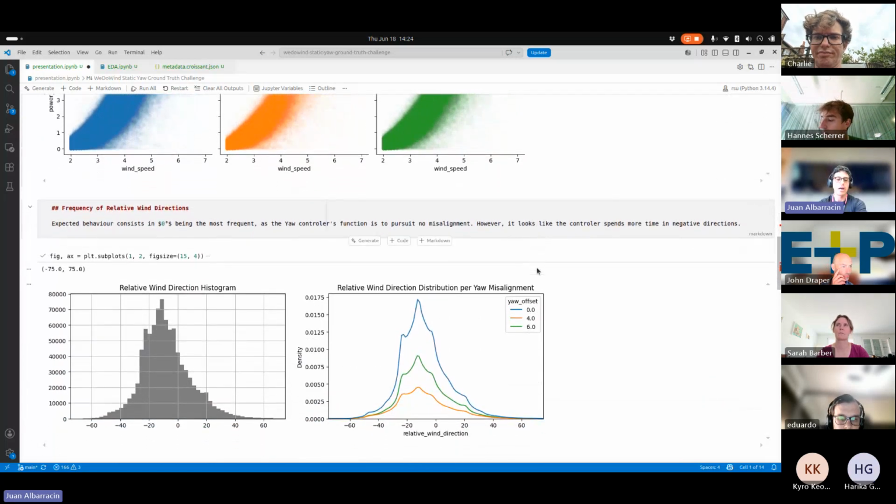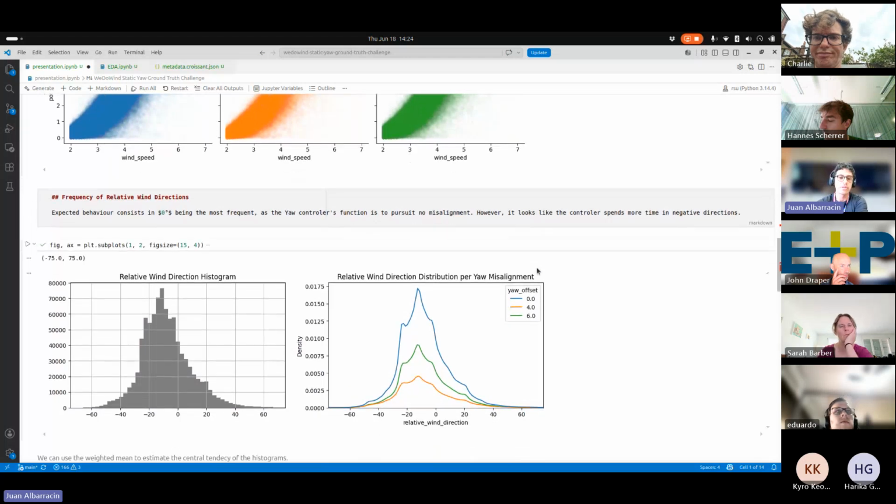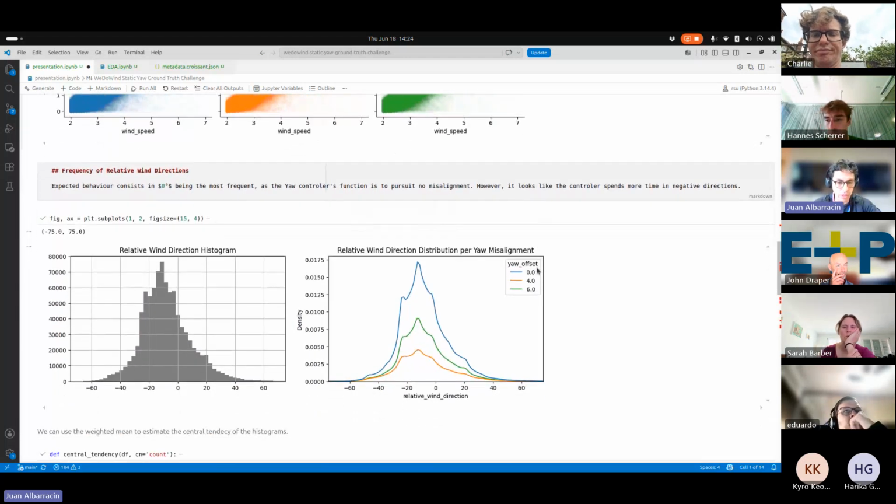And the second thing is about the relative wind direction in normal operation. We plotted the histograms across the 10 months of testing, and we expected the mode, or the peak, of this histogram to be at 0, because the idea is that the controller will follow the 0 error, the 0 relative wind direction.